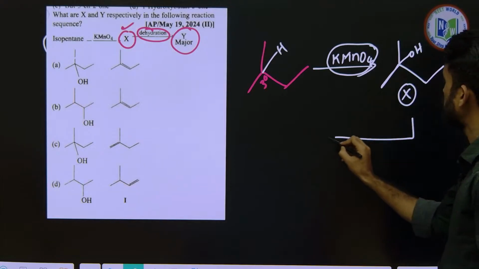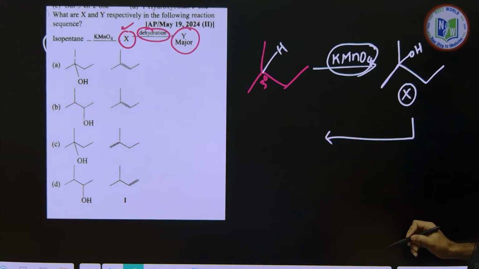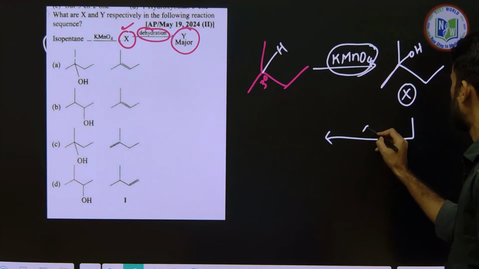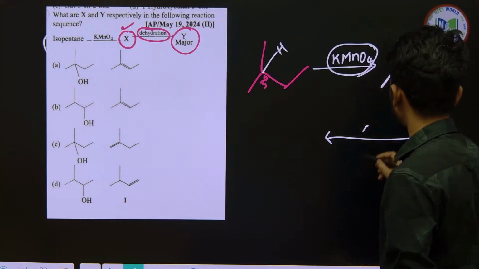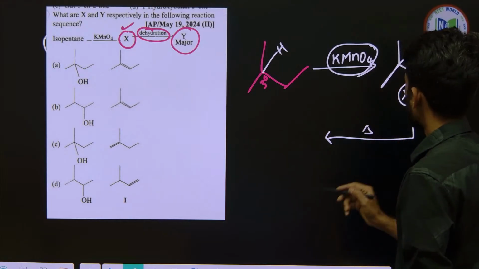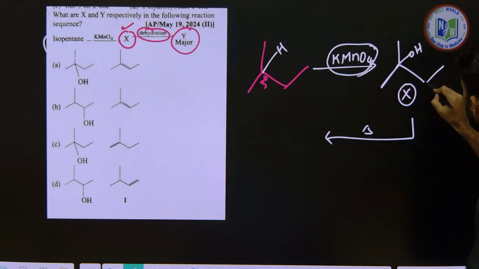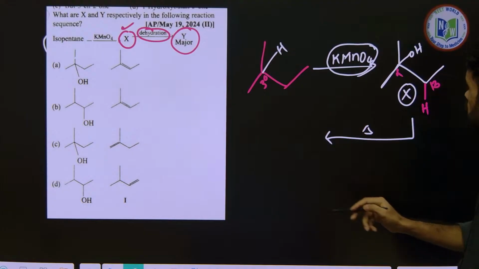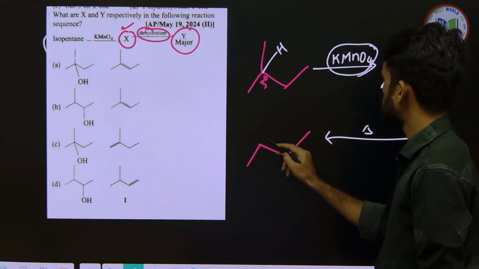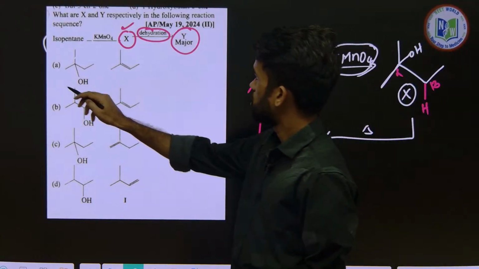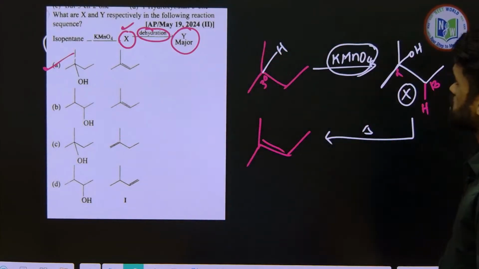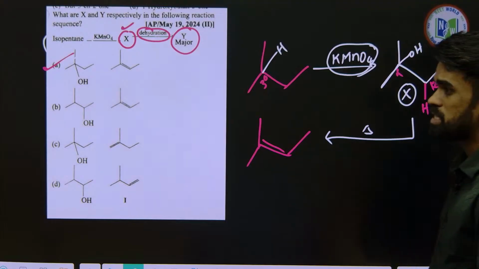So this X upon treating with dehydration, like any sulfuric acid or any acid or dehydrating agent you can take, they are saying dehydration. So what happens is, one proton from the beta position is removed, this is alpha, beta, right, and gives us this one. Okay, we have option A as our answer for the question. Hope this is clear. Right,